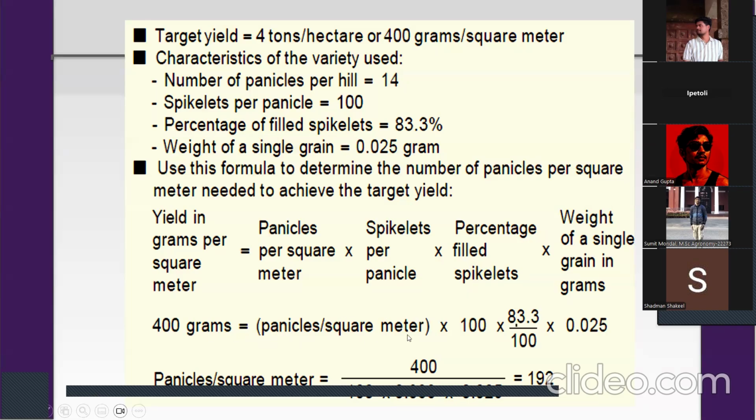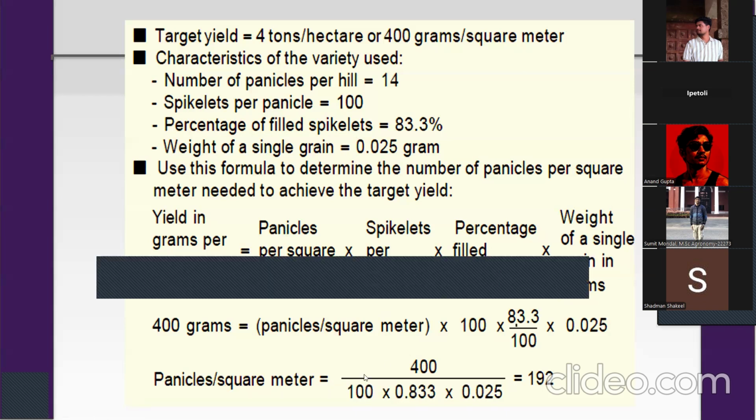100 gram is equal to panicles per square meter into 100 into 83.3. You just place these values and you get 400 divided by 100 into 0.833 into 0.025, it is 192. If you do the calculation, 83.3 divided by 100, you get 0.833. So 192 is the panicles per square meter, because here spacing is not given, and this number of panicles per hill